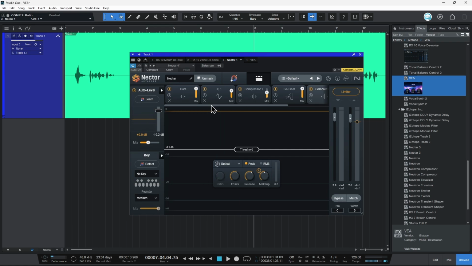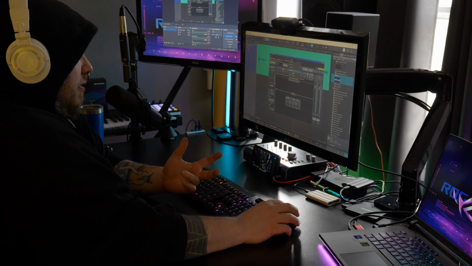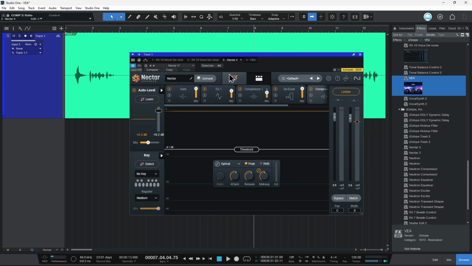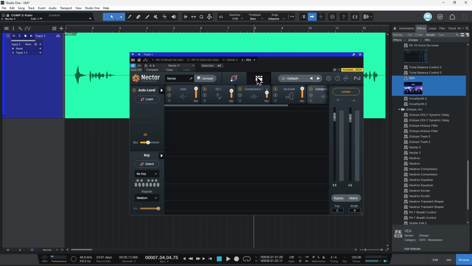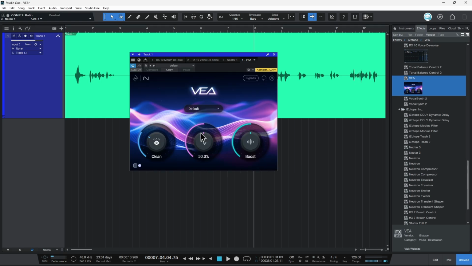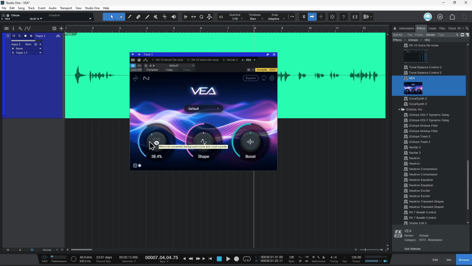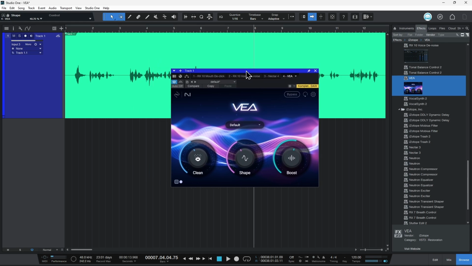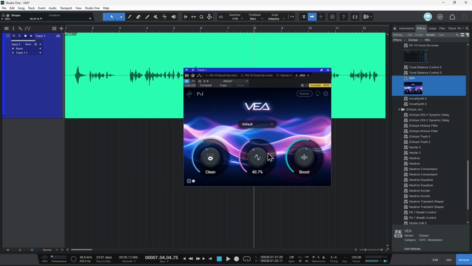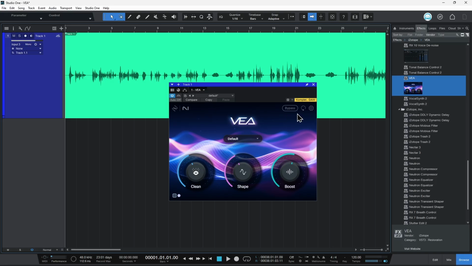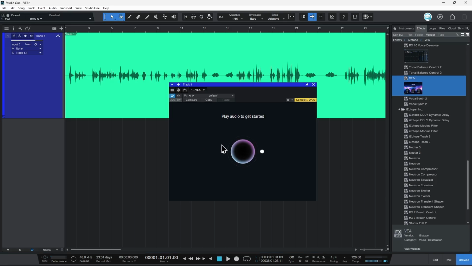I think they're totally worth the full cost. About $1,000 you can get the everything bundle generally when it's on sale. But if you don't need all that stuff for music production and a ton of audio work, VEA is going to combine all of those controls. Well, not all of them, like the mouth declick, but as far as background noise, shape, dynamics, things like that, it's going to give you all of that in a single, simple to use plugin that again sells for like $30. Okay. Let's reset this. If you ever need to reset something, just click the reset